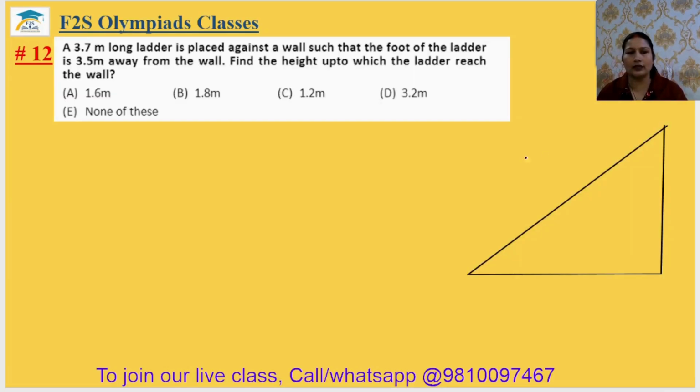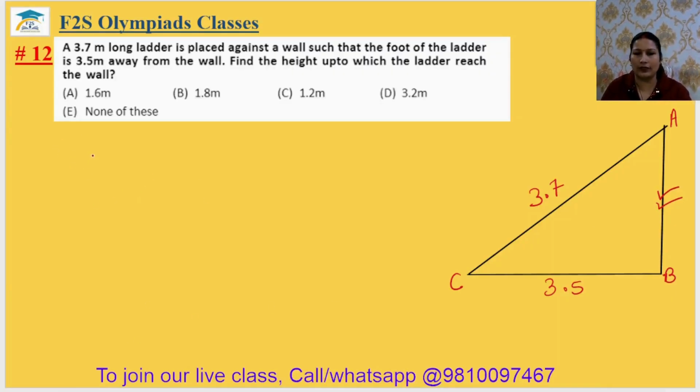Okay? And the length of the ladder is given, 3.7. It is away from the wall. If this is the wall, AB is the wall and AC is the ladder, then the distance from B to C is given as 3.5 meter. We have to find the length of the wall. Okay? So